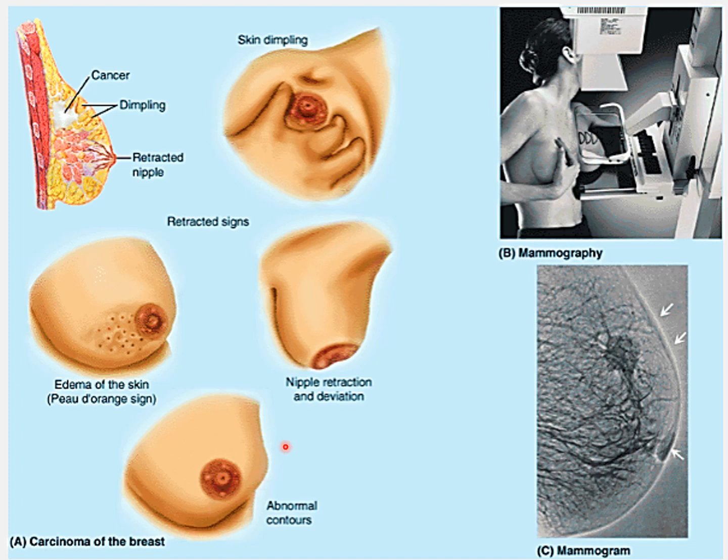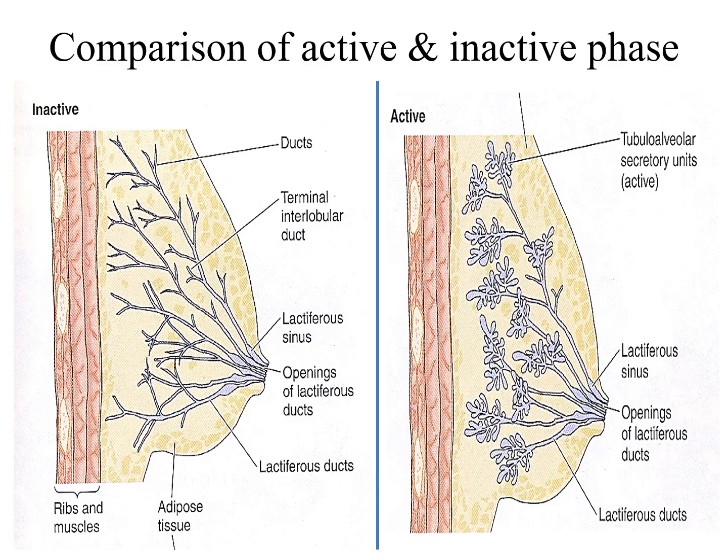So these are the different features of breast carcinoma. There will be skin dimpling, there will be small pits on the skin because of the edema of the skin, appearing like an orange peel. Nipples will be retracted and there will be abnormal contour of the breast, and this is diagnosed by the process known as mammography, or mammogram. And the final type of cancer as well as its staging will be done by the biopsy. So you will study this in detail in histology.